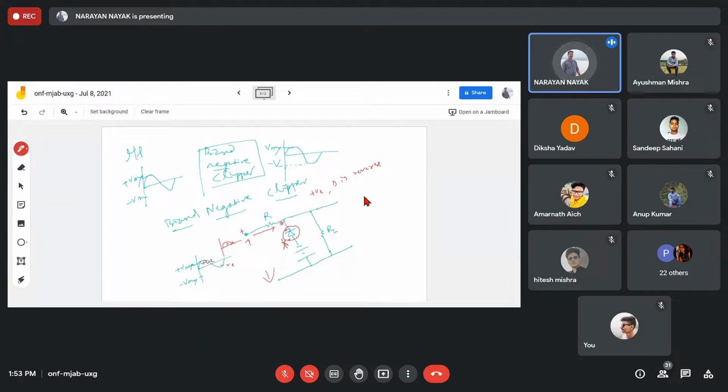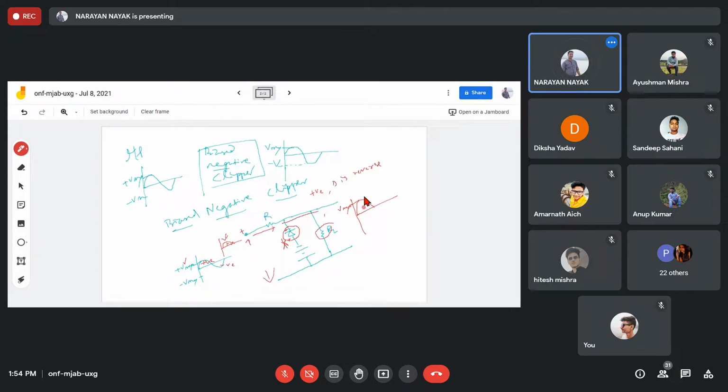So the current will flow here. What will happen here? As there is a load resistor, you will get a total voltage here. Which voltage will you get? The positive half cycle. Whatever amount of voltage you are applying here, the voltage will appear here. You are getting the total positive voltage, which is your Vmax. What amount of voltage you applied, the same amount of voltage will appear here.